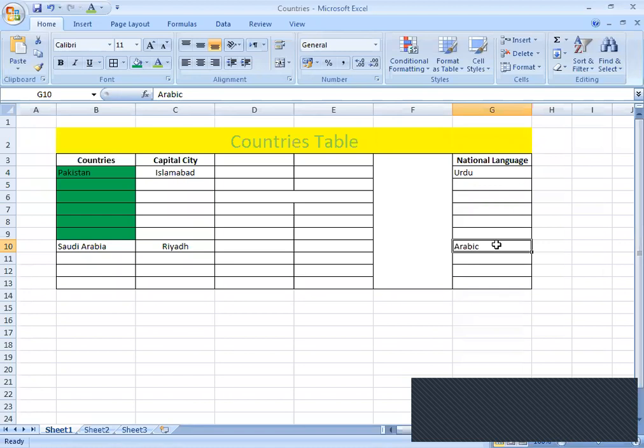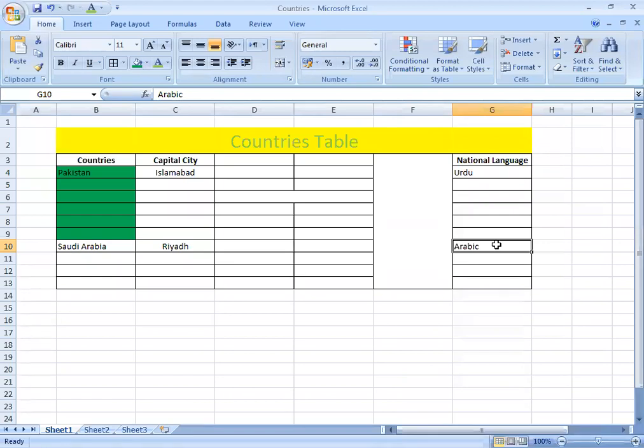For example, it may happen that some countries have more than one national language. For example, I'm typing a country which has more than one national language, and I'm typing it, just see it.